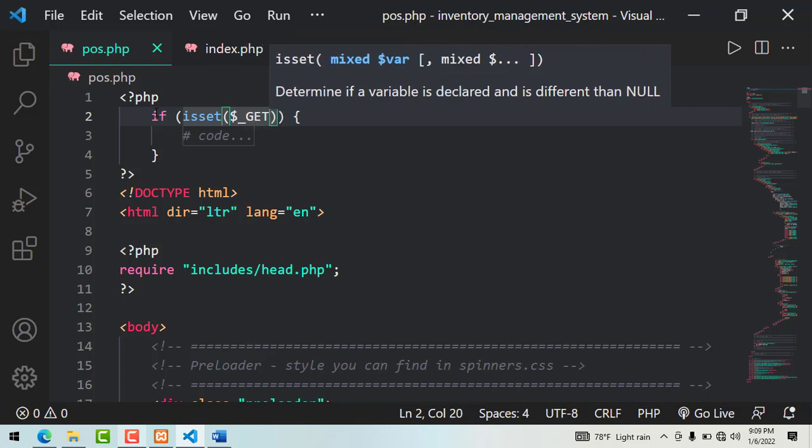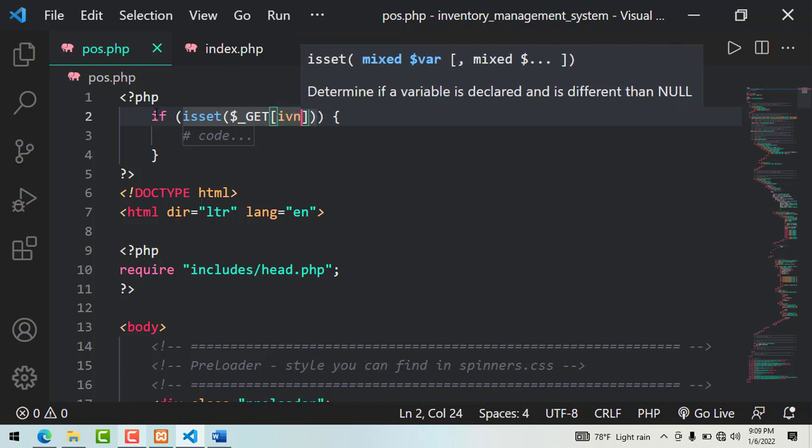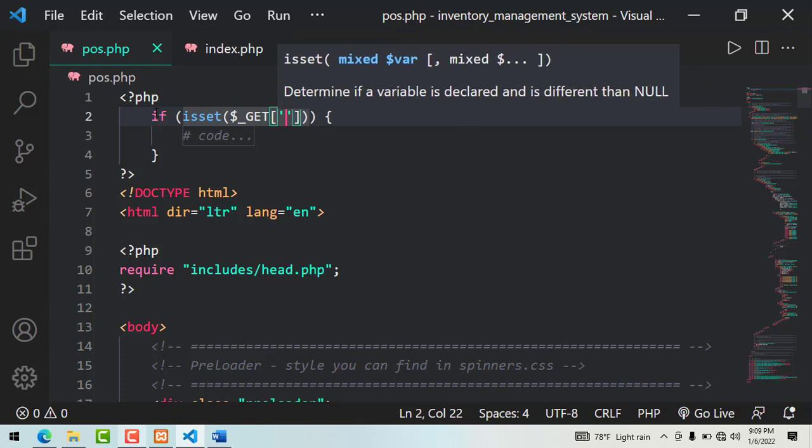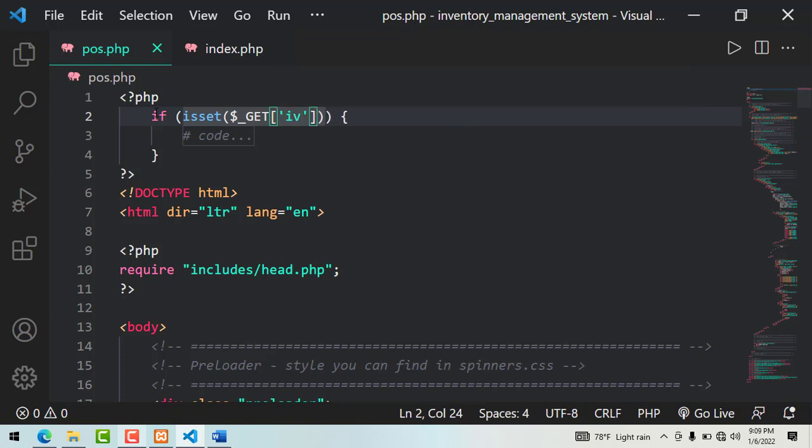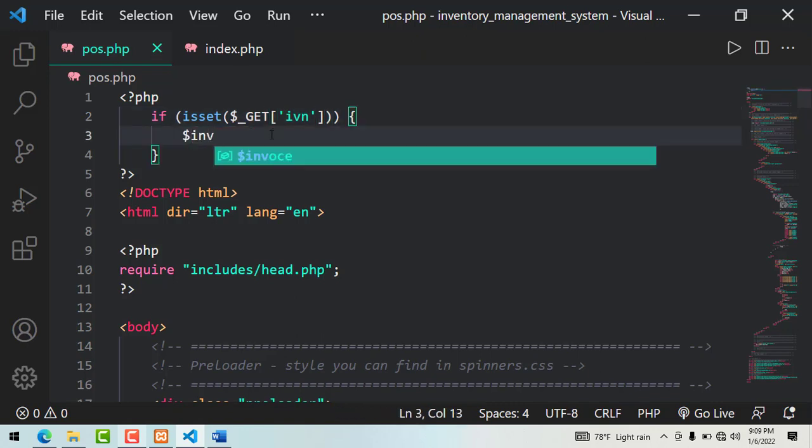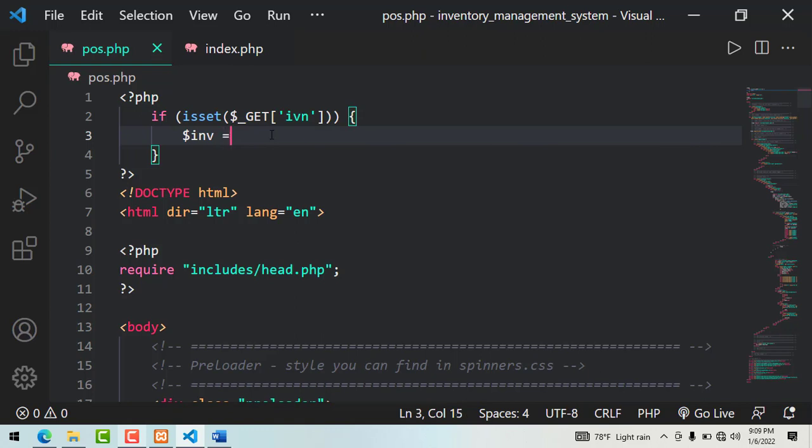We'll be passing this through the link, so we use the get method, and this will be IVN, and we should set that IVN is equals to this,